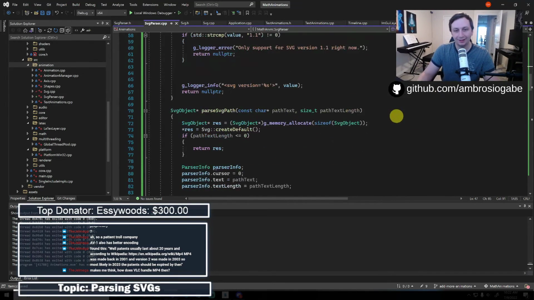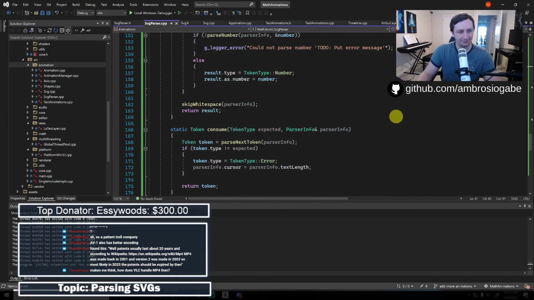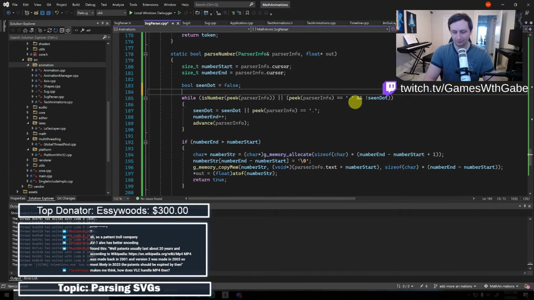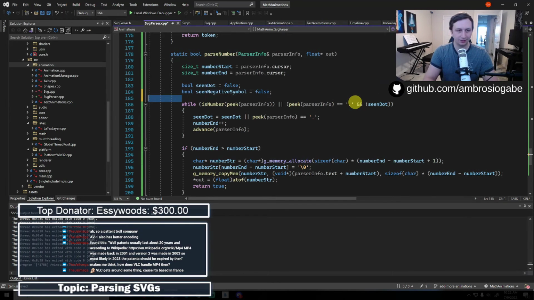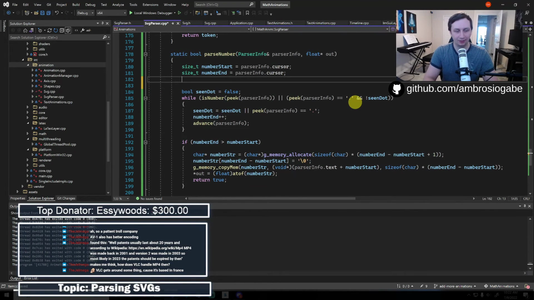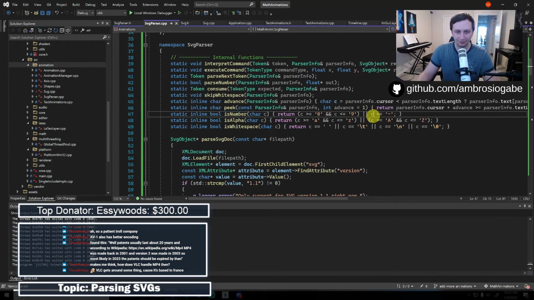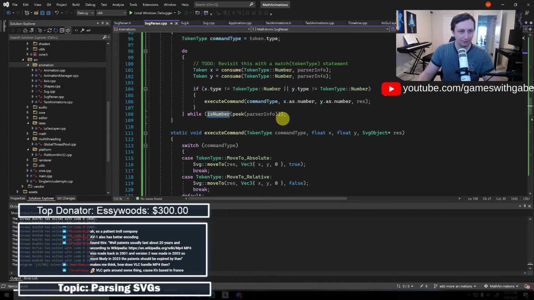So parentheses. Okay, so if C is a negative, and then what we can do when we parse a number is we can just say, so if it is a number, bool seen negative symbol equals false. I guess what we can do is we just check it at the beginning. Well, okay, let's not put this as part of isNumber.